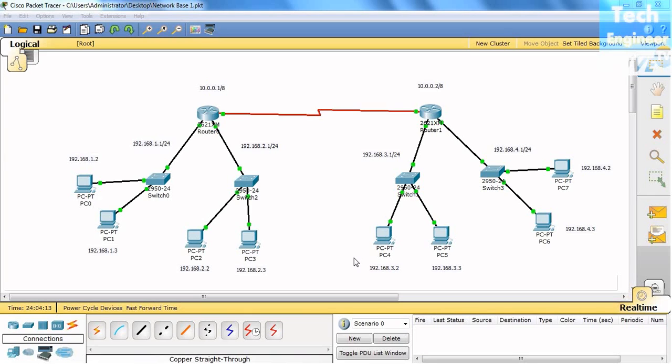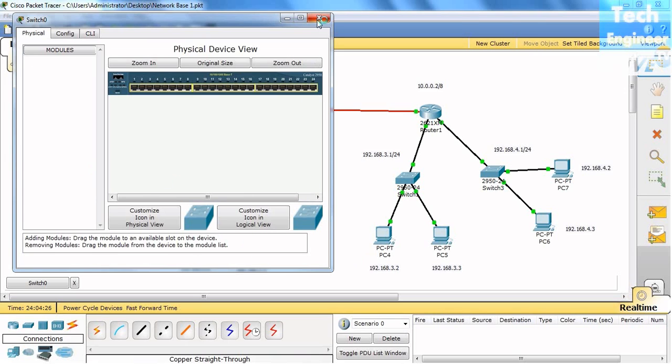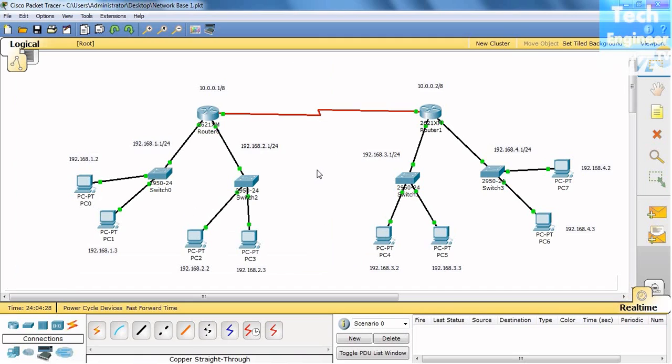In this tutorial, I'm going to discuss LAN routing, the concept of LAN routing. So, LAN routing, if you see in this figure and you discuss the concept, LAN routing means routing in the local area network. For example, if I consider this particular router network as one network and this particular router as another network,